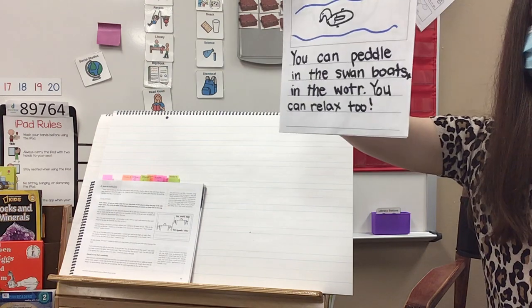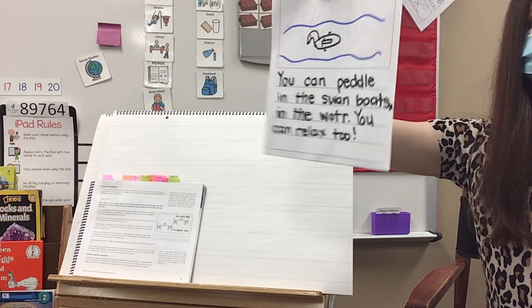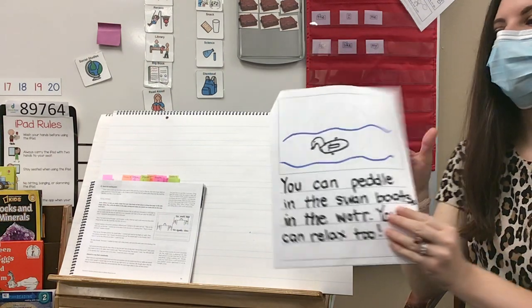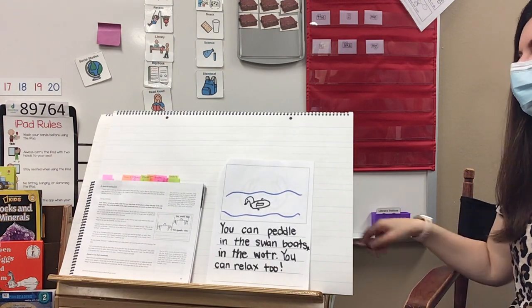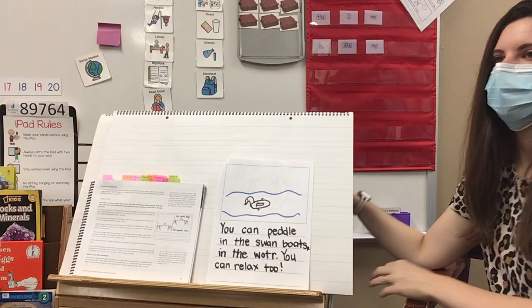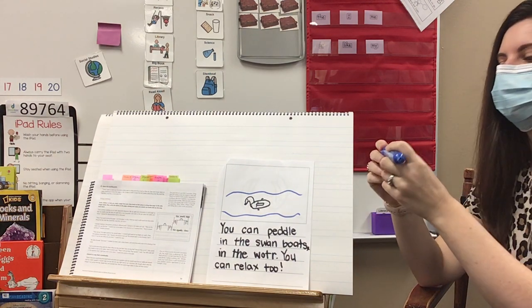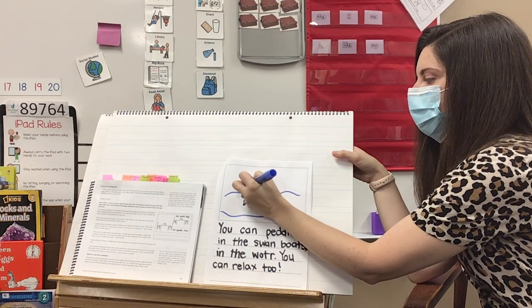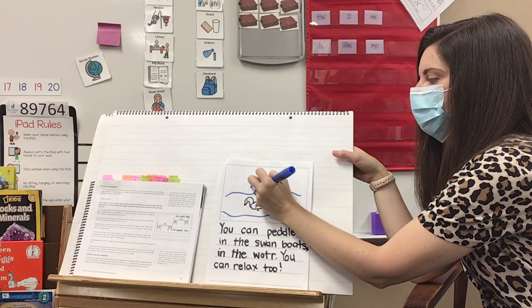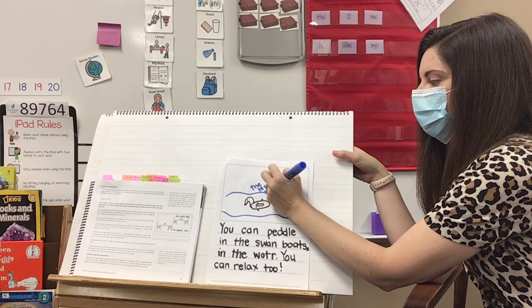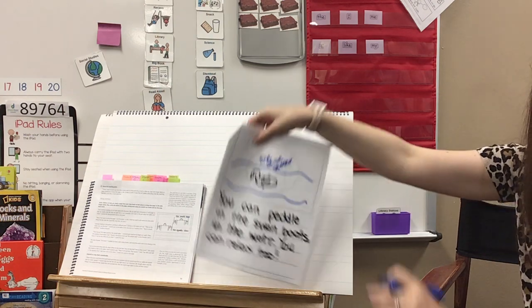So what would be some labels that I can add to this page here? Yeah, what could I say about the water? What color is the water there? Blue. It kind of has a bluish color. So I'm going to add those words. The blue water. And